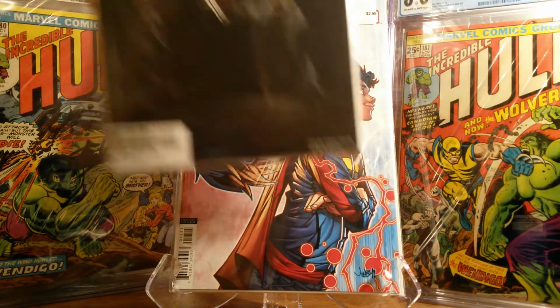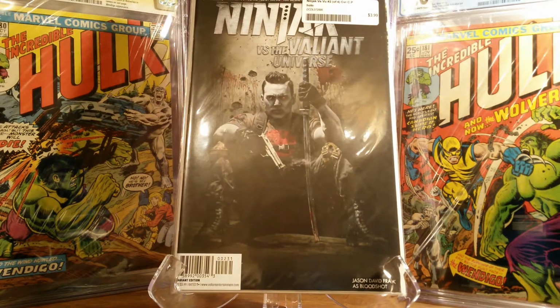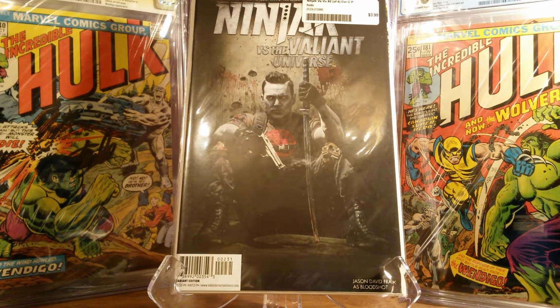I also grabbed a Ninjak versus Valiant Universe. I believe this is number 2 variant cover. I thought this was a really cool variant, so I grabbed it. $3.99, which I believe is cover price. That's what my LCS usually sells most of their variants for, is the cover price. So